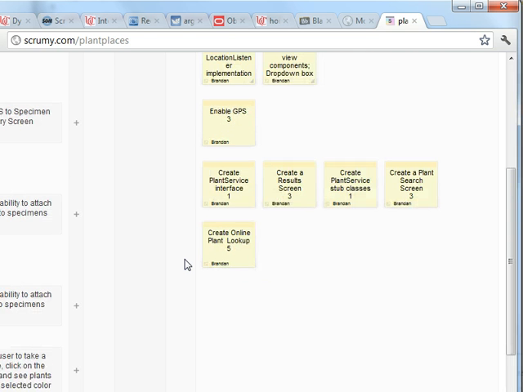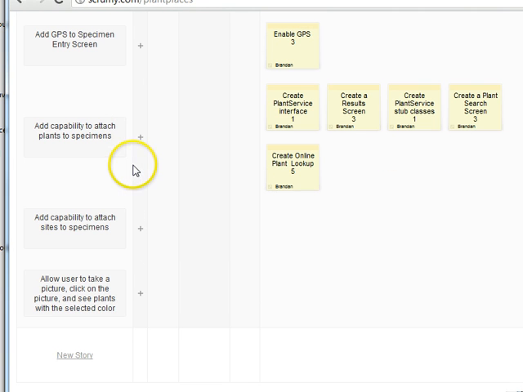So all of our objectives from the first sprint have been met, and actually we met them a couple of weeks ago, so I guess really we've been in the second sprint for about a week now. What we need to do now is think of the stories for our second sprint. So, we have: allow user to take a picture, click on the picture, and see plants with the selected color. We can at least get into the taking a picture part of that. In real life, I do have the real one working where you can touch the picture and see what color results and all that. I don't know if we'll have time this quarter to get to that, but we could start to put